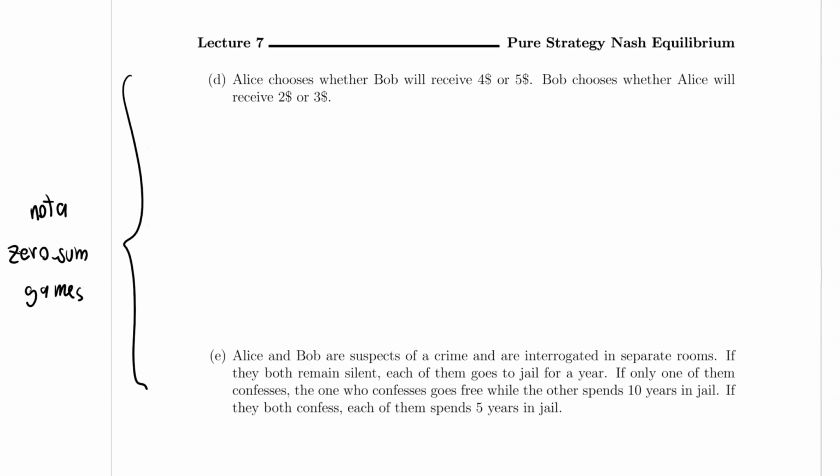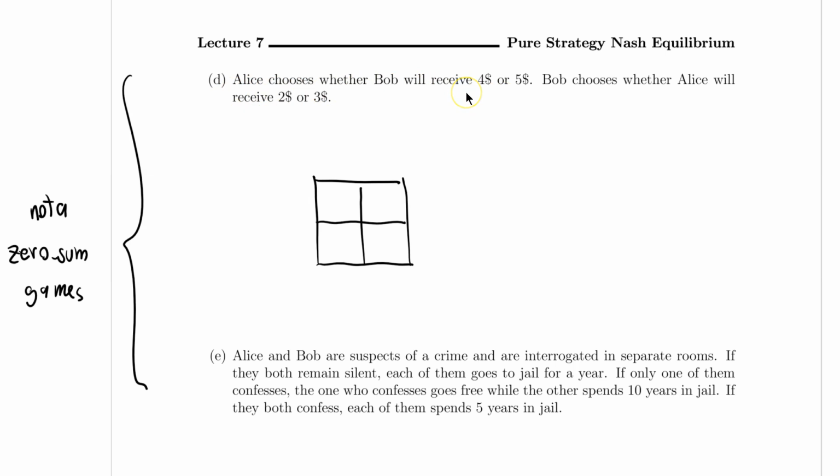So Alice will choose whether Bob will receive $4 or $5. Bob will choose whether Alice will receive $4 or $5. So Alice will have two options. And when I say Alice will choose whether Bob will receive $4 or $5, that doesn't mean